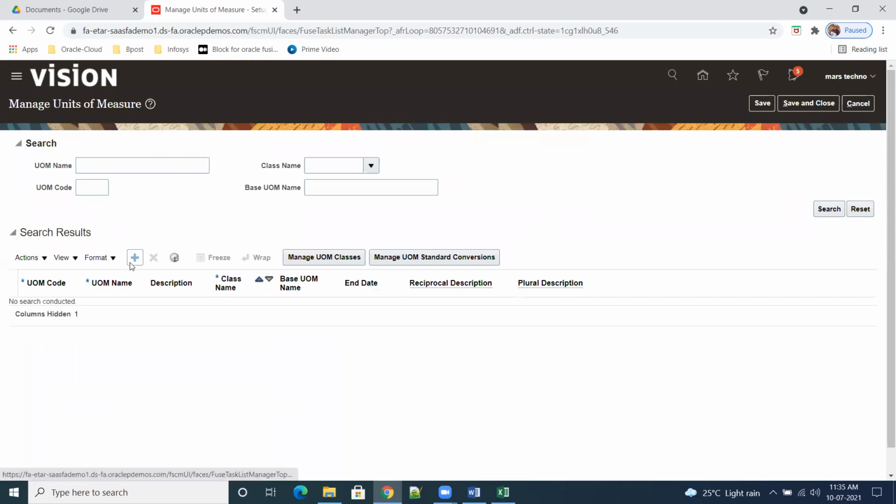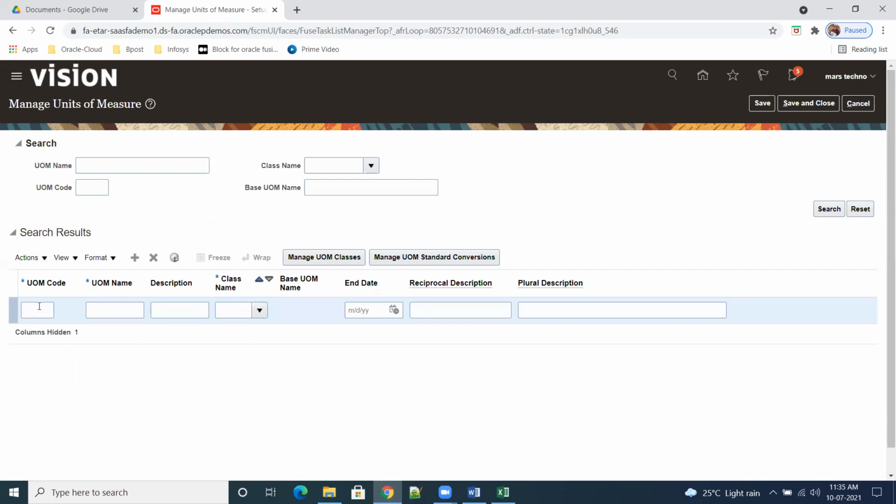Now I am creating UOMs. For the UOM code, I will always keep SR as my prefix. So this is 3 digits. SR each is my UOM name. SR each is nothing but one quantity. So what are the class names?